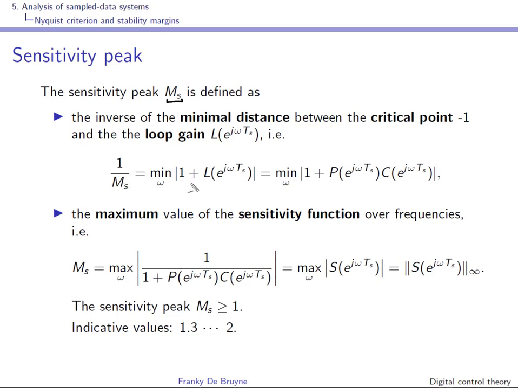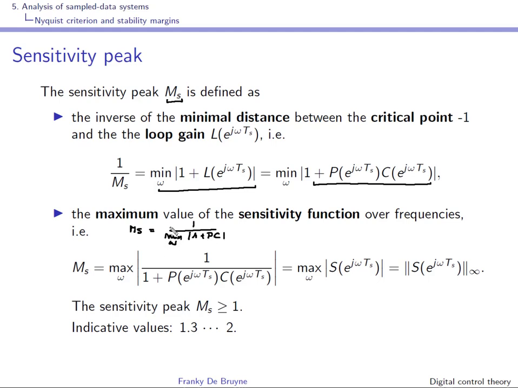So 1 over ms is the minimum distance between the point -1 and the loop gain, and so this is the minimum over frequencies of the modulus of 1 plus L, right? If you now replace the loop gain by P times C, this is the expression that you obtain, right? So we are interested in ms, and ms is 1 over the minimum over omega of the modulus of 1 plus PC,